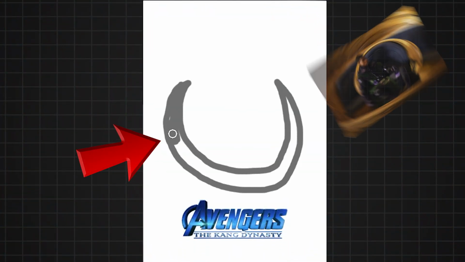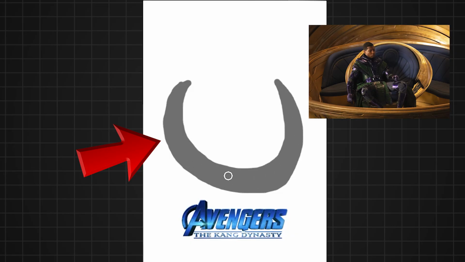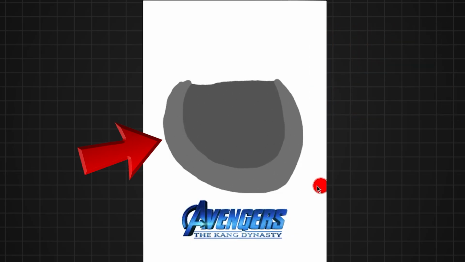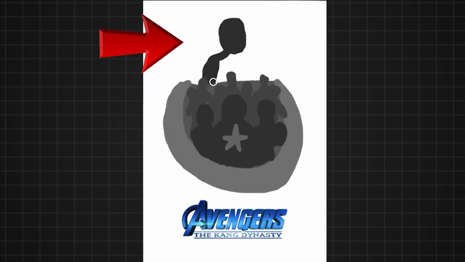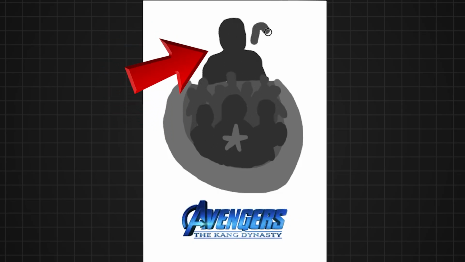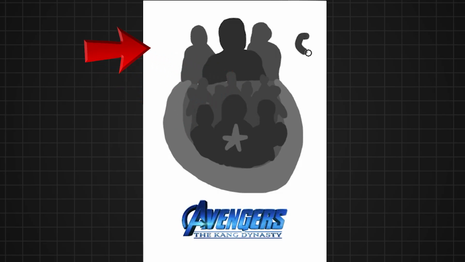First off, as always, we're gonna have the title of the movie in the bottom, then in the middle we're gonna have Kang's time chair as a sort of placeholder for most of the main characters, and inside of Kang's time chair there's gonna be the Avengers. At the top there's also gonna be some of the Kang variants with the main evil Kang in front, and around the poster there's also gonna be a few planets, and that's pretty much it. So now with all that on my mind, let's get cooking.